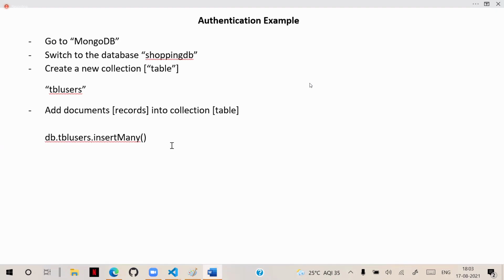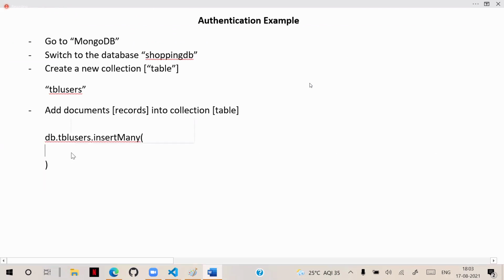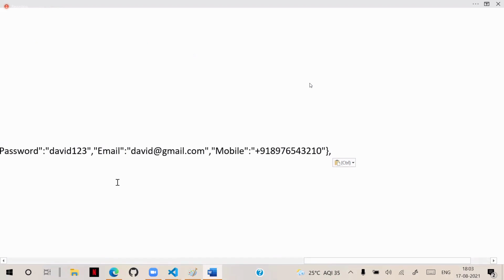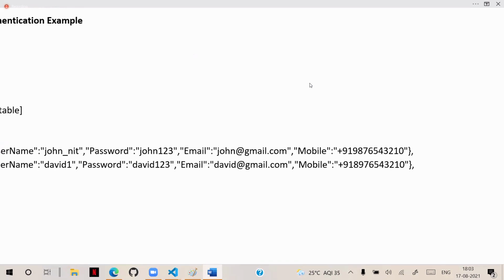Others you can register actually. So add that users information here. This is one user and another user. Two users information is here.